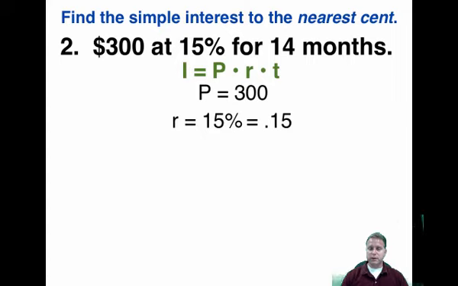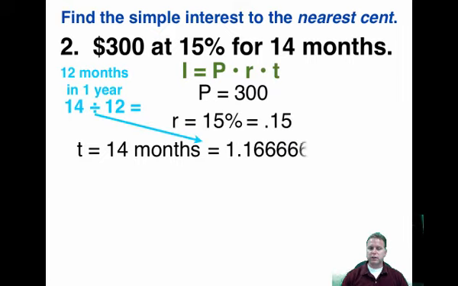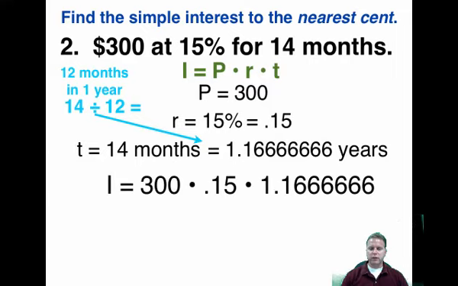The time is where we get a little bit tricky, because notice that's months, not years. And when you're figuring out interest, you do it in years. So we have 14 months. Remember, there's 12 months in a year. Remember that 12 is going to come back to us. So 14 divided by 12 gives us 1.1666666 years. So take and multiply those together,